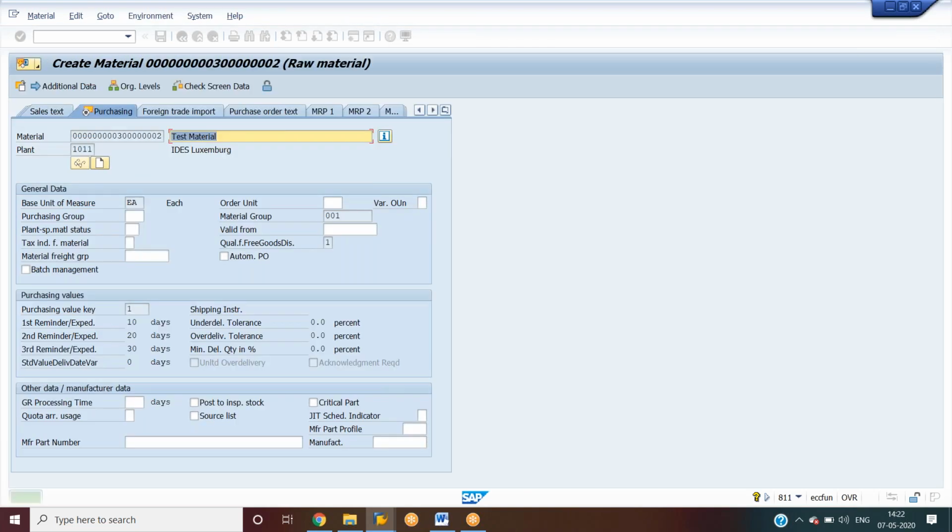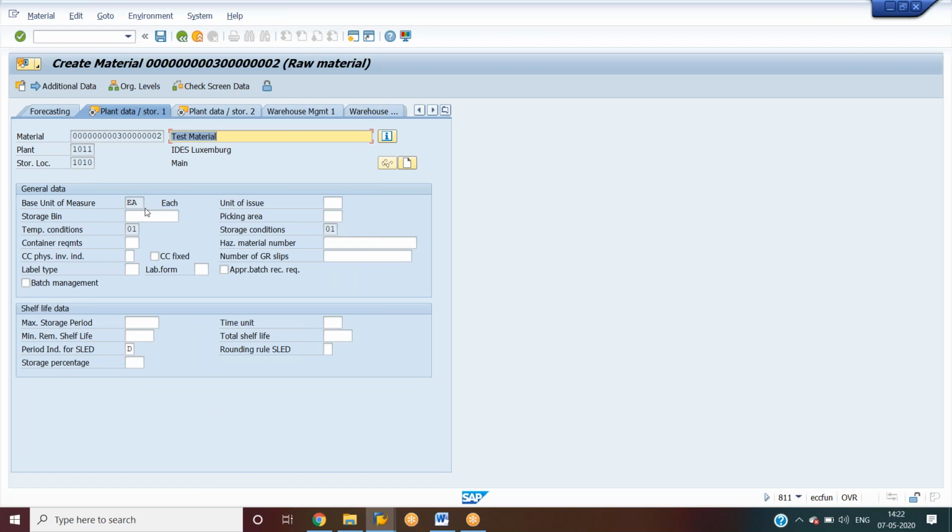Just press enter and see here the message type. We can see the material already exists and will be extended, okay. So this is how we need to extend, and let me give the details. GR processing, storage bin, yeah.